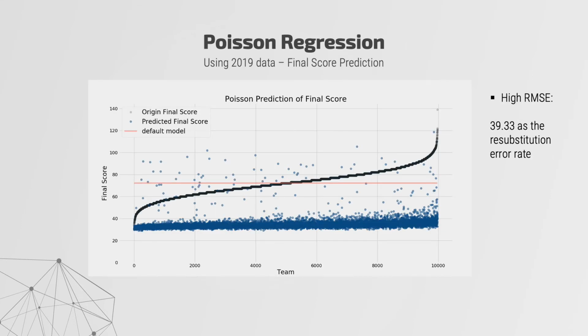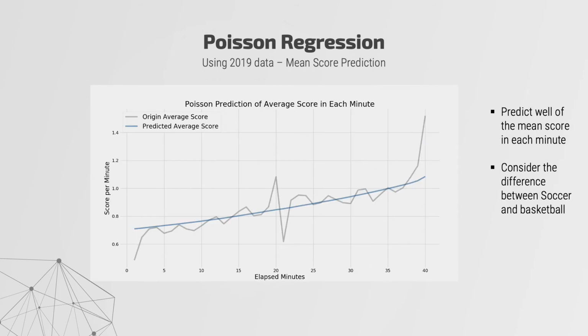Also, inspired by the Women's World Cup in-play prediction by Jay Boys, we can consider the game process as a Poisson distribution. Therefore, I followed a Poisson process that predicts the point gain in a 1 minute period. Here's the result of the Poisson regression model. It turns out to be a poorly performing prediction model as the RMSE is really high. However, the graph here shows that the Poisson distribution simulates the average score gain in each minute very well.